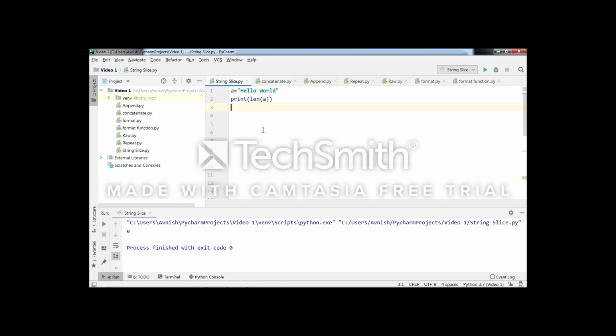Okay, we will execute this code first. See, the length of this string is 11. Since there is one white space also, and in a string white space is also considered as a character.